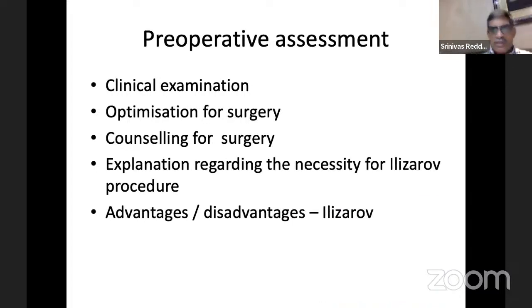And the most important is proper, thorough clinical assessment, preoperative assessment, very essential before resorting to the surgery, and optimization for the surgery. As usual, for any other surgery, we have to prepare the patient for surgery. And the next is we have to counsel the patient for the Ilizarov methodology: its advantages, disadvantages, the need for Ilizarov, why we are going for Ilizarov. We have to explain properly, and give a good explanation regarding the necessity for Ilizarov, all the advantages, disadvantages, the fixator over the limb, and the positioning of the limb,